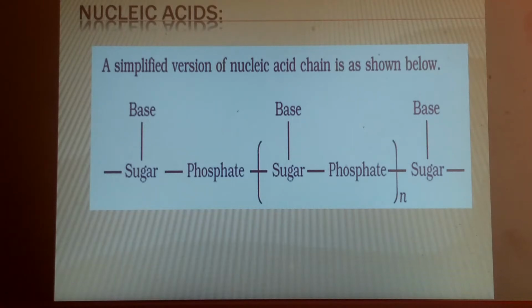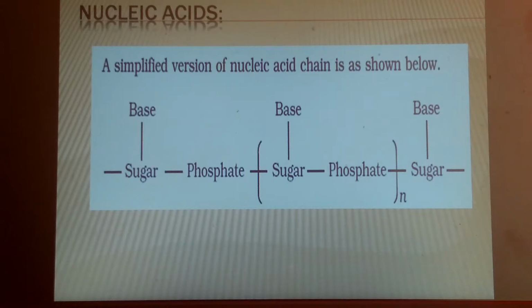The definition of the primary structure is the sequence in which the 4 nitrogenous bases are attached to the sugar phosphate backbone in a nucleotide chain. Whenever we consider either DNA or RNA, DNA consists of 4 bases and RNA consists of 4 bases. So the sequential arrangement of these bases, how it is. Which base, after which base, next which base will be coming. It is not like the same base will be present on the entire chain.